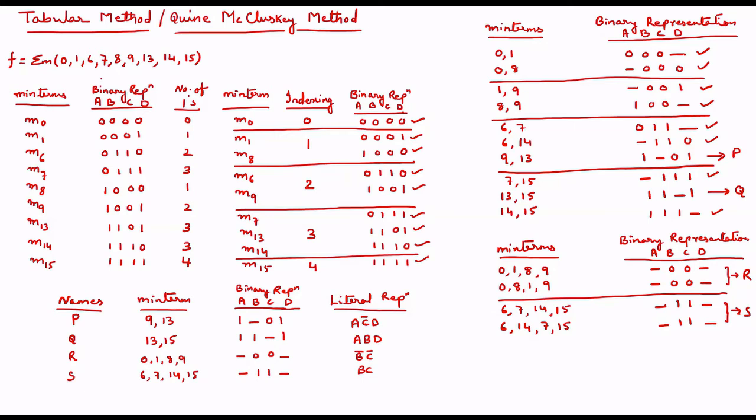Similarly I am comparing this one again with the next dash. This dash is over, this one not possible, 2 bit change is there. With this one 3 bit change is there, not possible. So the only tick mark is this one and 8 9. Now we will compare 0 8 with the others. If I compare 0 8 with the others, see this dash mark is there, so this is a possibility, this is a possibility. What I am finding is that if I compare 0 8 with this one, I am finding a single bit change. So this is dash 0 0 dash. So this tick mark, this tick mark. So 0 8 1 9 dash 0 0 dash. Similarly, I have done for all other groups.